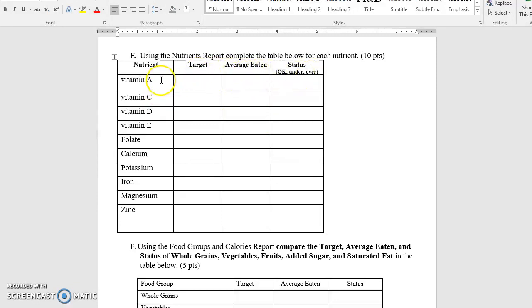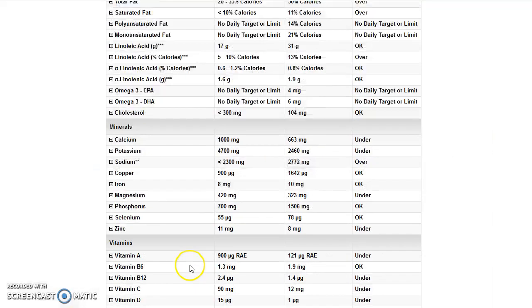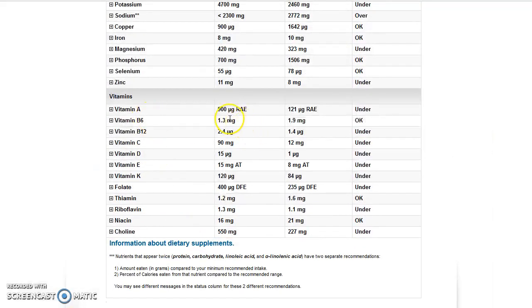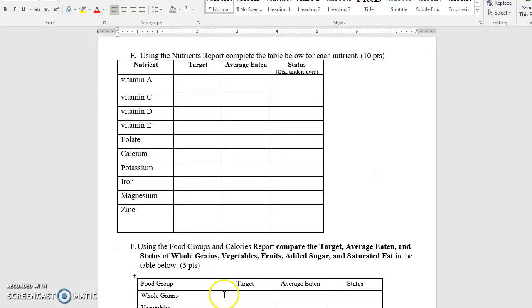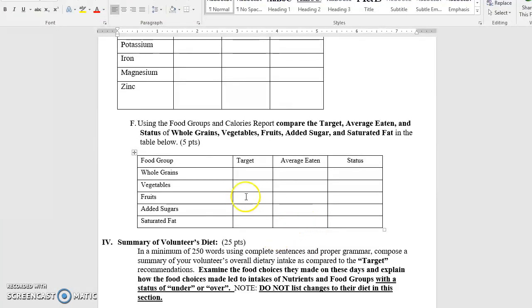So if we look at, for example, vitamin A, we'd come over to the program. We'd see that the target was 900. The average eaten was 121, and the status was under. So pretty simple. You'll just go and record that information from the reports, and then you'll do something similar, except